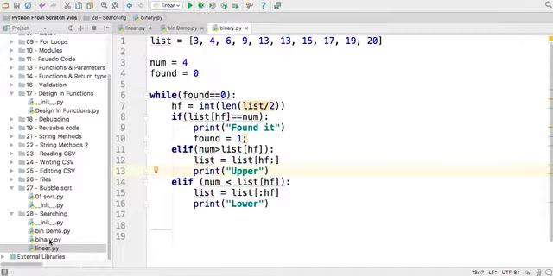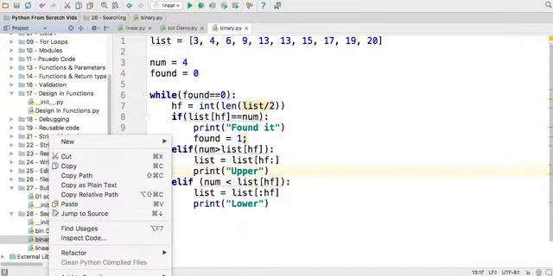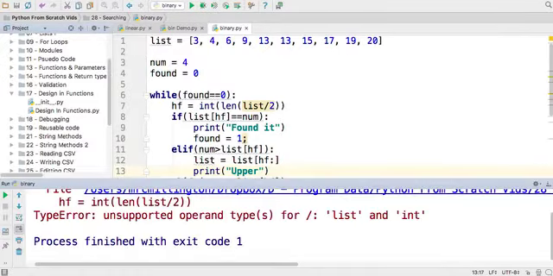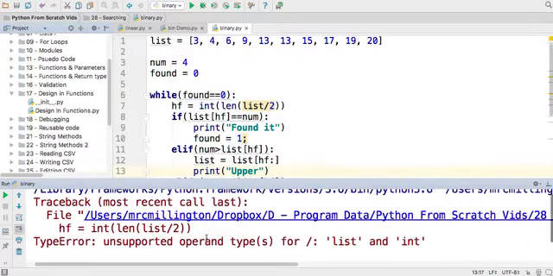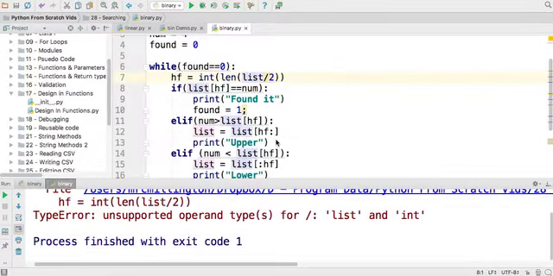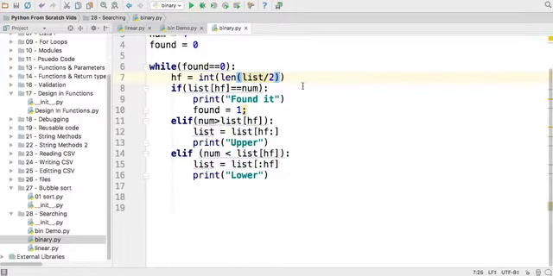Oh, I need to run it from here, don't I, for binary? Otherwise it will cause chaos. What's happened there? What have I done? Ah, I've got it. I made a simple mistake here. My bracket here is in the wrong place. So if I put length of the list divided by 2, then that will turn into an integer. If I say I want the length of the list divided by 2, the computer won't like that. So now,